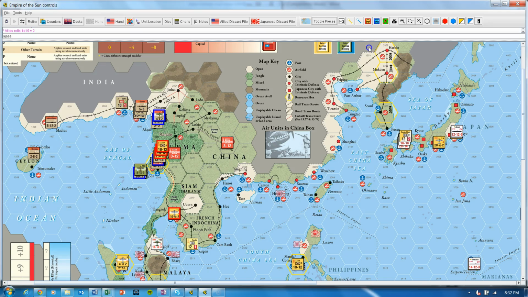So if we go back and look at how we would apply those, and again, damage is going to be applied simultaneously here. And by the way, in surprise attacks, surprise only affects air-naval combat. It doesn't affect ground combat. So ground combat is always considered to be simultaneous, and there's no benefit to the attacker for having surprise in